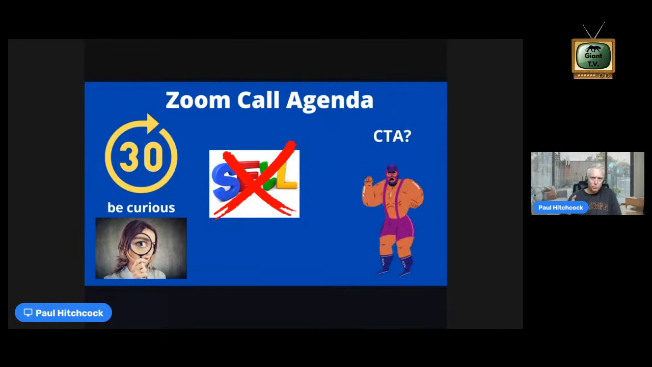Now, really, really important: call to action. This is where I see the ball drop a lot. People get on these calls and they don't have any next step set up. They have a call and they end the call and there's no follow on. And it doesn't matter what